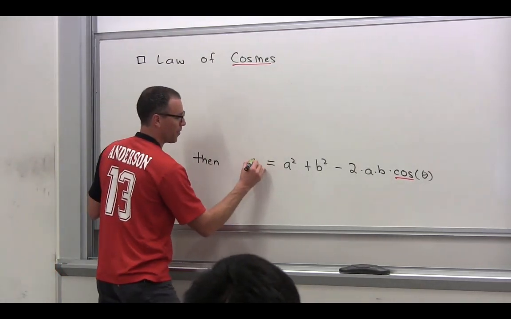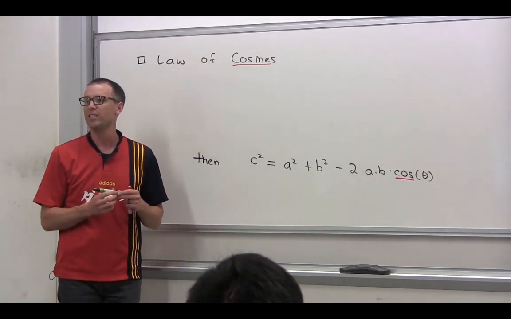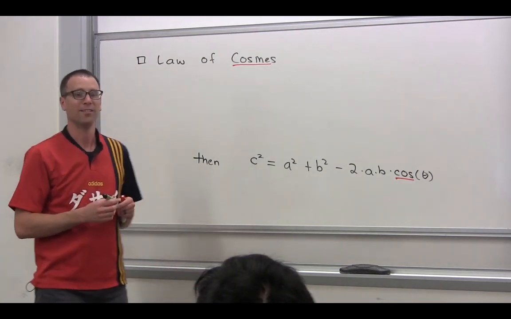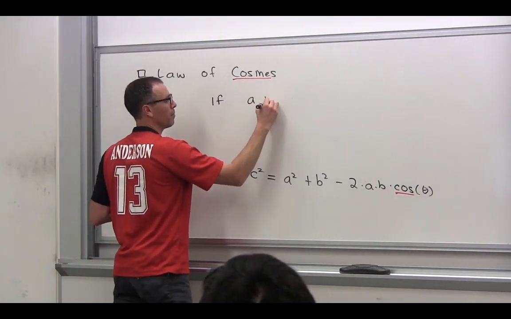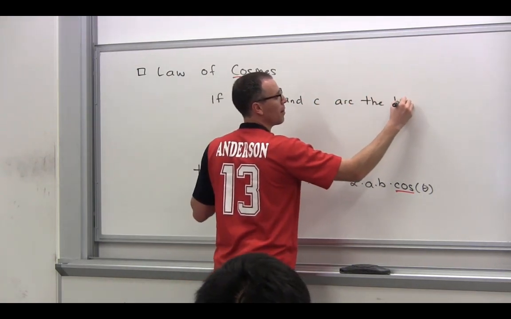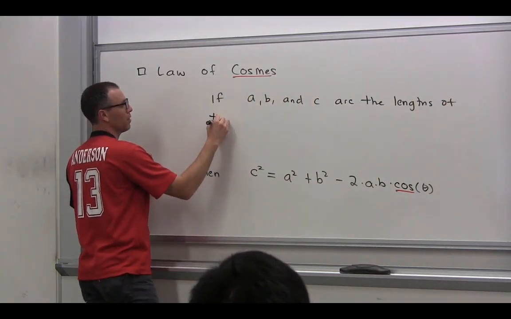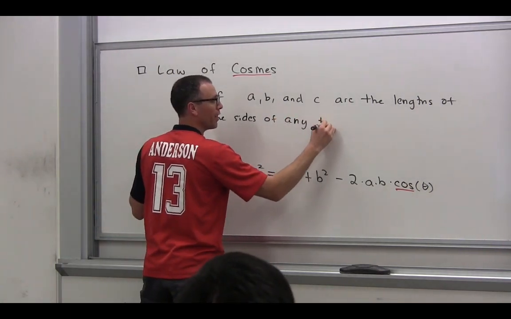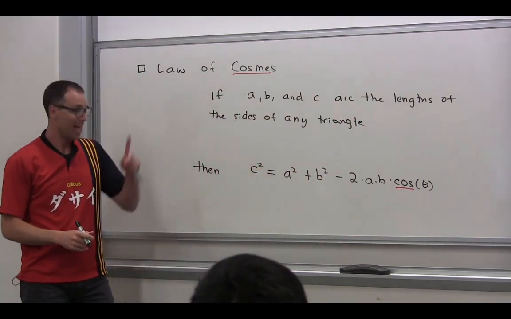Yeah, okay, so there's this thing that this is somehow equal to c squared. Okay, so that's the punchline of that joke, or that theorem. What's the setup? Peter, maybe? Because I don't want to overwork you, Sam, but I know you got it. Like a rough estimate, if you know the side lengths, there are two sides of a triangle, and then you have the angle which is theta. And you can use A, B, and theta to solve it. Of any triangle, if A, B, and C are the lengths of the sides of any triangle, and